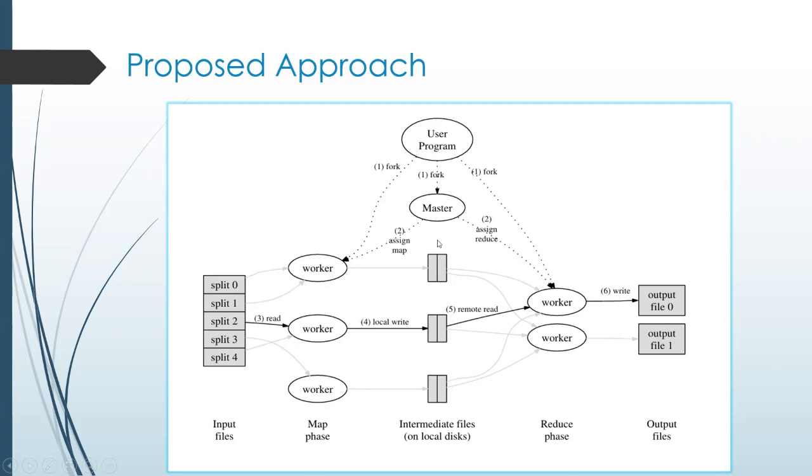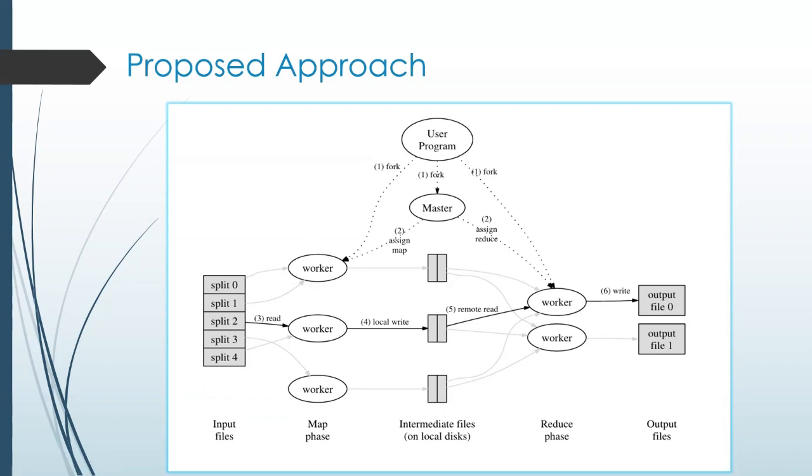Reduce tasks retrieve buffered data from the map function. Whatever the output is, it is given to the reduce task and sorted by intermediate keys, and the user's reduce function is applied. The output of the reduce function is appended to the final output file after each reduce partition. Upon completion of all these tasks, the master wakes up the user program and the MapReduce call returns control to the user. So why are we assigning a master in this?